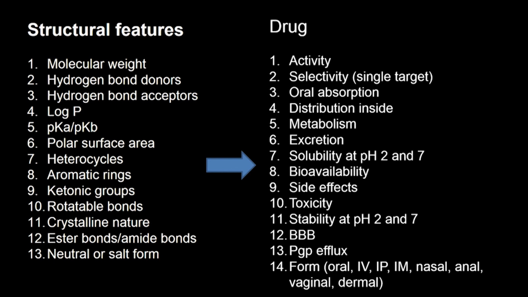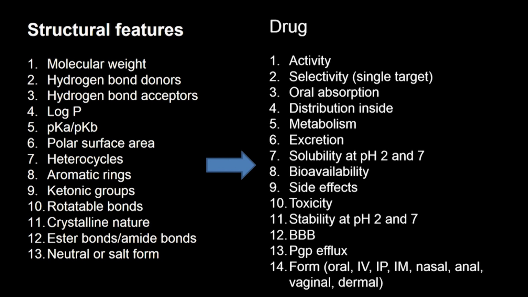active site. Crystalline nature, whether it is crystalline or not. Too much crystallinity, the drug will not be soluble. If it is amorphous, it is soluble. How many ester bonds are there? Amide bonds are there, because ester bonds can easily degrade with esterases, amidases. If these enzymes are present in the body, they can get metabolized. Neutral or salt form, is it a neutral or salt form? So, all these